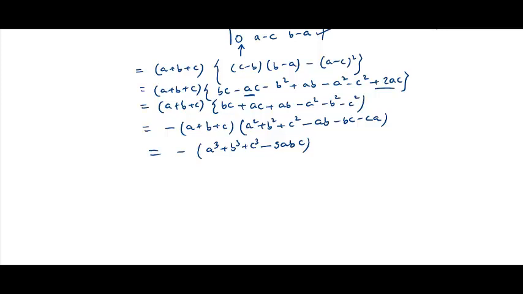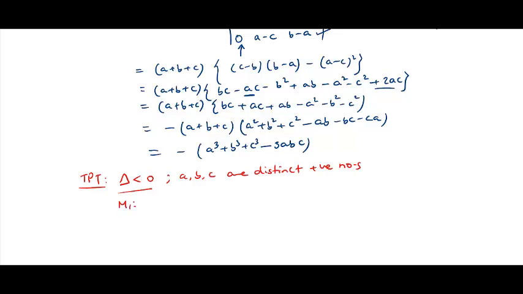Now the next part of the question talks about, you also have to prove that the value of determinant will be negative, and it was given that a, b, c are distinct positive numbers. So if a, b, c are distinct, we are also supposed to prove this result. We have to prove this also now. So how can we prove this now? There are two methods of proving this.